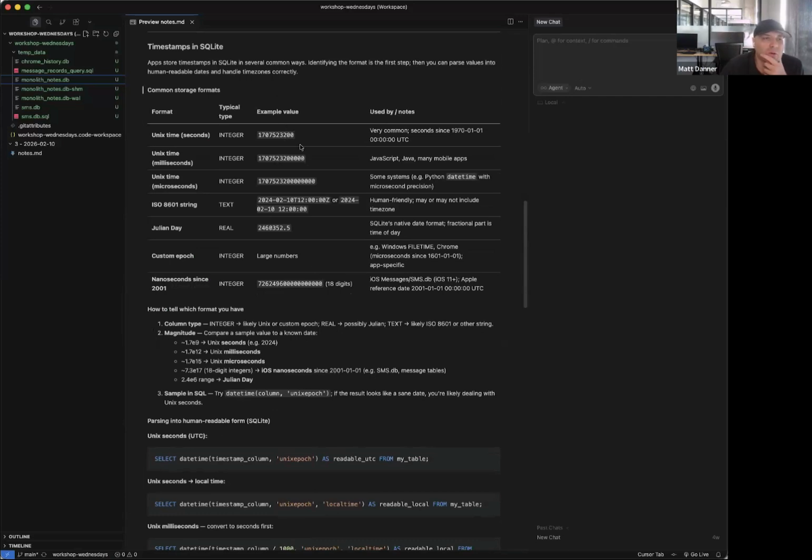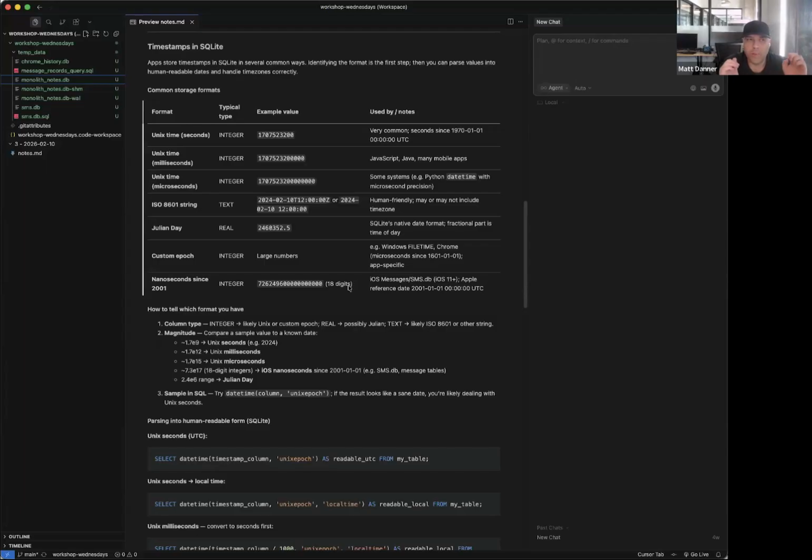So what I have here is a list of common timestamp formats that databases use, especially SQLite. And this is all stuff, just so that you guys know, when developers make an application, like when we make our Monolith Notes application, as engineers, we get to decide how we want to store these timestamps. There's nothing in SQLite that dictates a timestamp has to be in a particular format. We can store them however we want, and then the application will parse that timestamp in whatever way we decide to parse it. So what that means is that you can have timestamps literally stored in any possible way